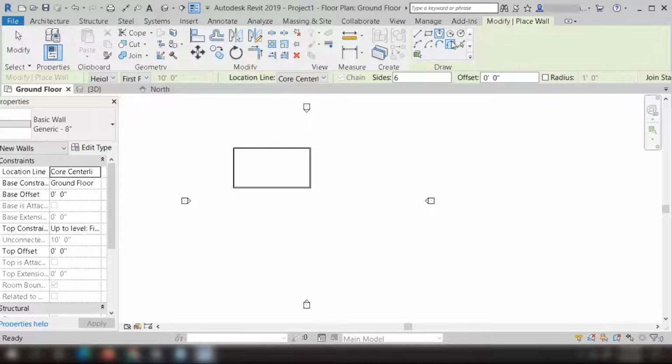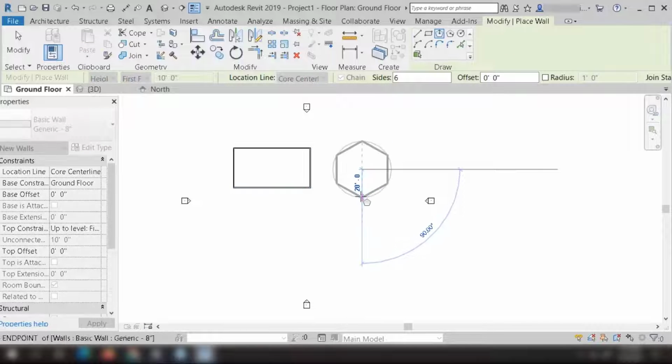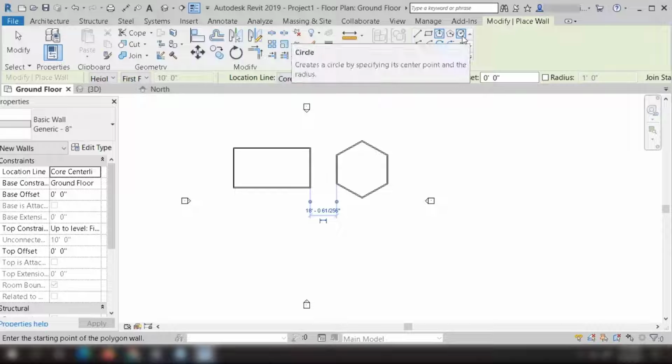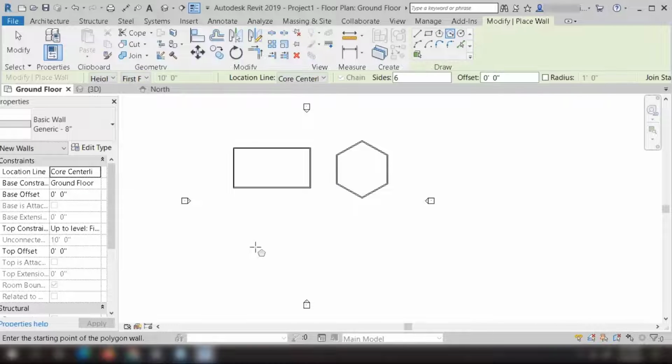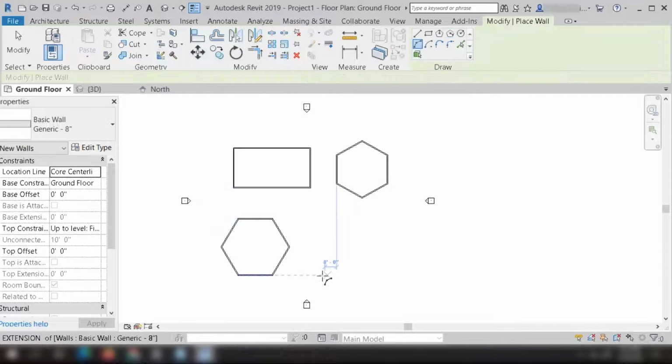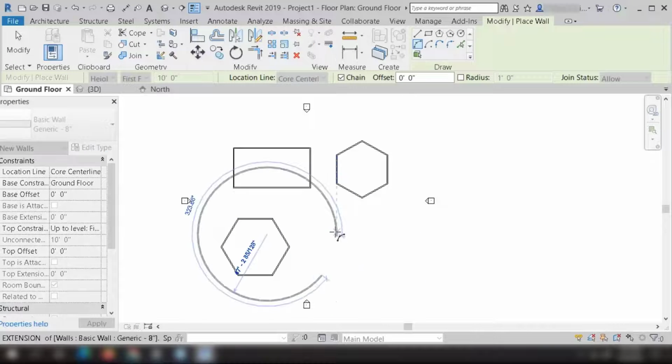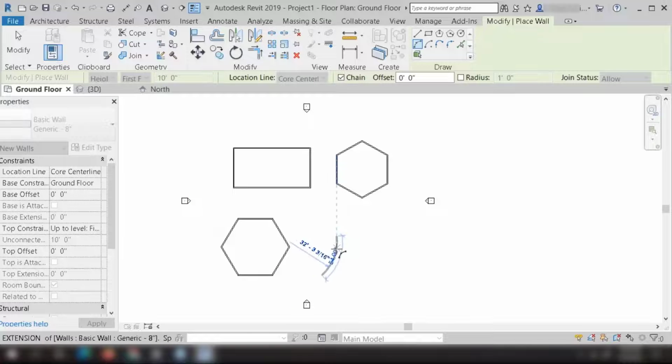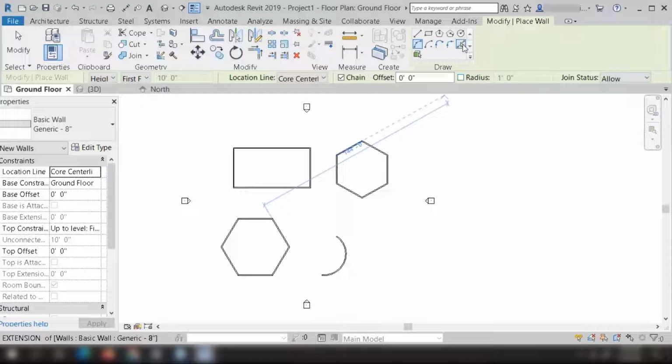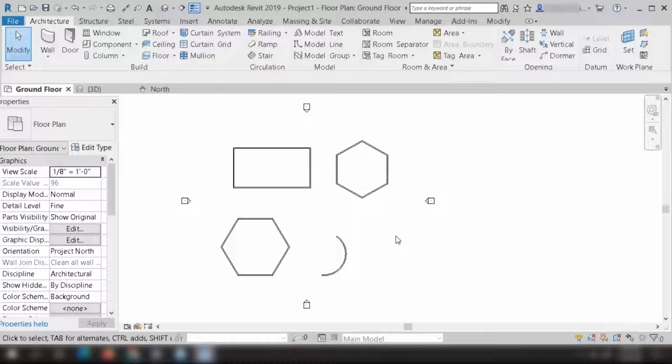Similarly, a pentagonal wall, here you need to specify the number of sides and these things. You need to click on one point, create a pentagonal wall. Similarly, we have some more walls over here like this, right? You can go for an arc over here as well, like this, right? Here we have pick lines option as well and pick faces as well, right? So we will discuss this in the next session, right?